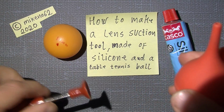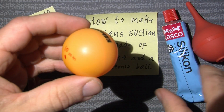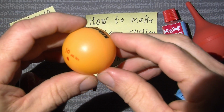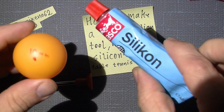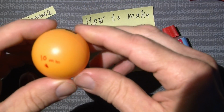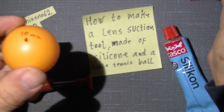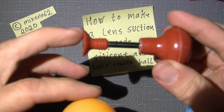And I will try to use a tabletop tennis ball and some silicone. This is silicone in Danish. Well, to have the right convex form here,